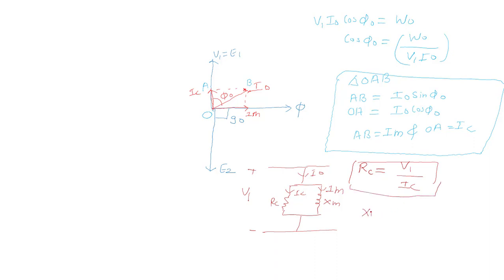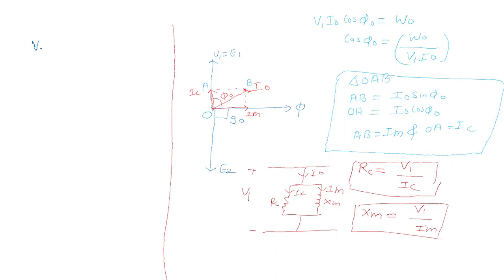Similarly, XM equals V1 upon IM. Now V1 is known, IM is known, so we can easily find this out. So by using this phasor, we can find these two things, that is the shunt parameters, resistance and the magnetizing reactance. One more thing, there is also one more method by which we can find out RC,